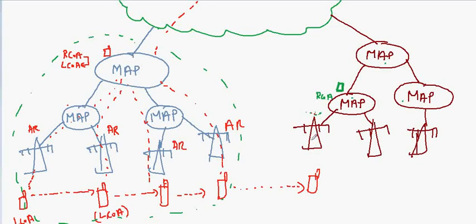Now it will get again a new local care of address, which will be informed to this map, and he will have a new local care of address. Assume that again the mobile node moves to this location, and again it will update its local care of address only to this map. Now again it moves to this access router,